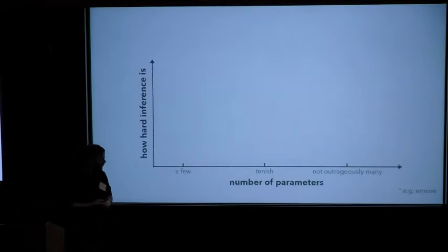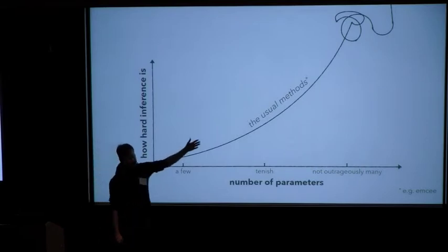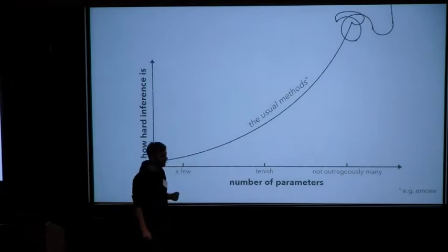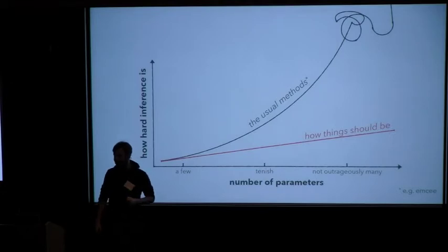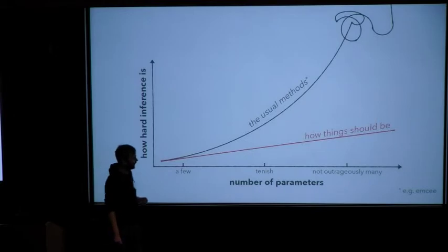So here's my super scientific plot that describes this. I have along the x-axis the number of parameters that you have and how hard your inference is, or how much patience you need for your MCMC to converge. And if you use something like emcee, which is the package that I wrote that's quite popular in astronomy, this is more or less what the scaling looks like. It gets really very painful, even if you have a lot of computers. And we'd really rather things look a little bit like this. I'm willing to work a little bit harder if I have lots of parameters, but it shouldn't be something ridiculous like that.